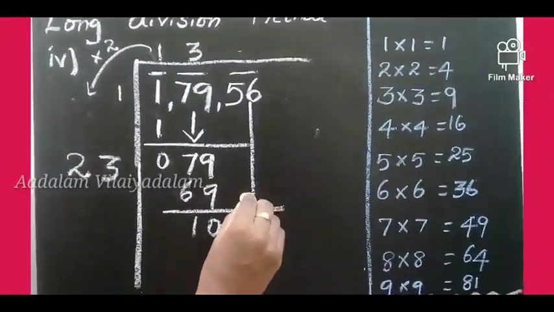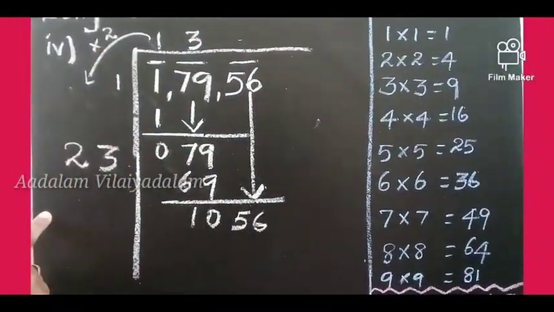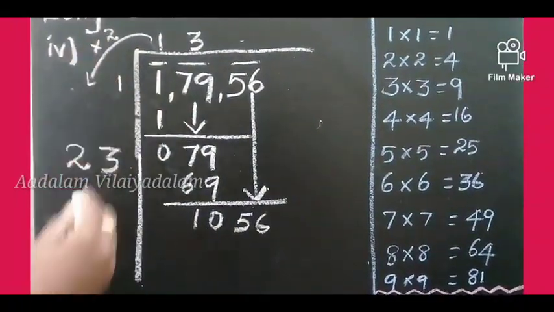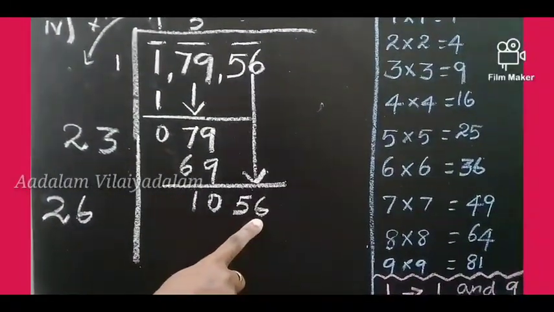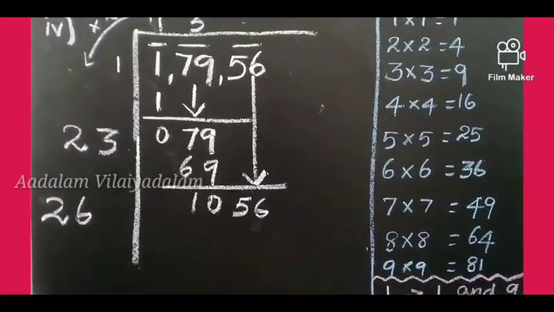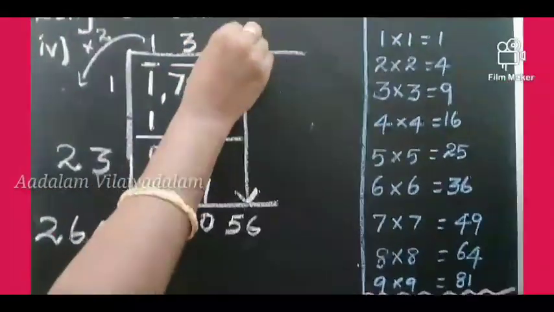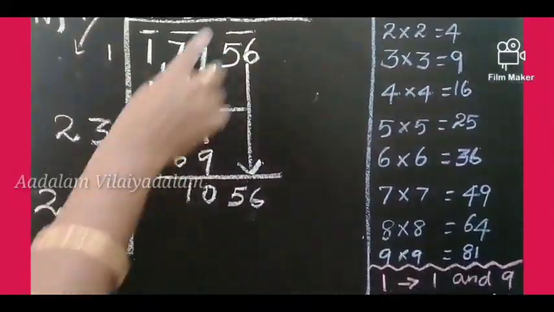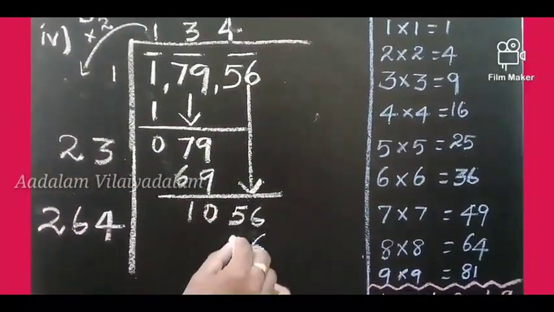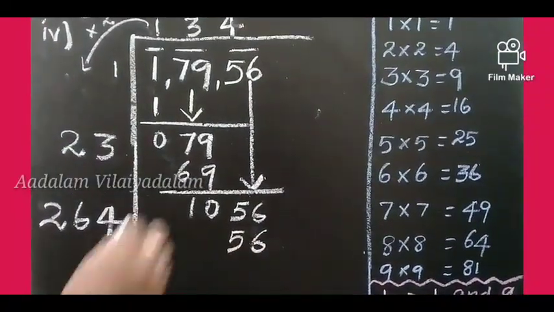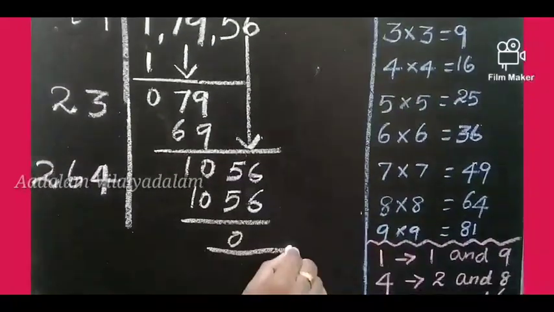So next we have to take the last pair, 56. Here also each number is multiplied by 2. So 13 into 2, the answer is 26. Now we have to guess the value. The last digit is 6, so what are the possibilities? 4 and 6 are possible. First you try 4. Here also write 4. Now we multiply. 4 fours are 16. Balance 1. 4 sixes are 24. 24 plus 1 is 25. Balance 2. Again 4 twos are 8. 8 plus 2 is 10. So 1056. The remainder value is 0.